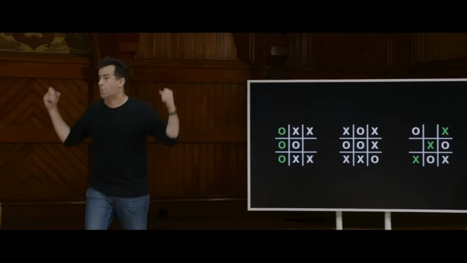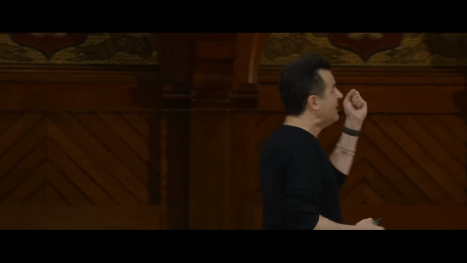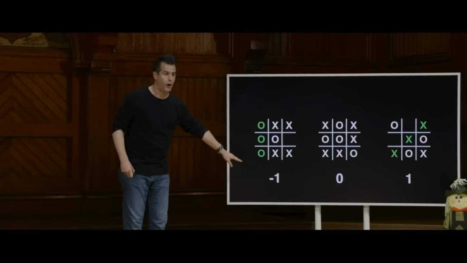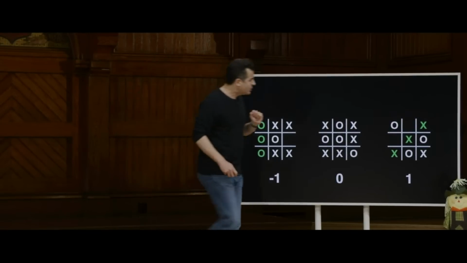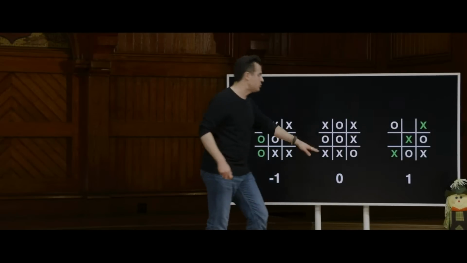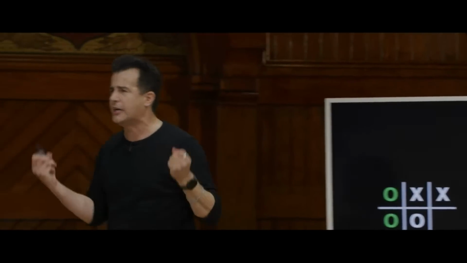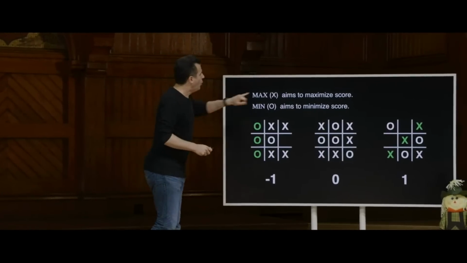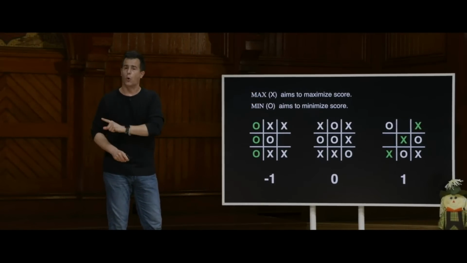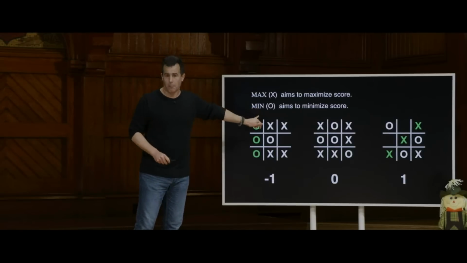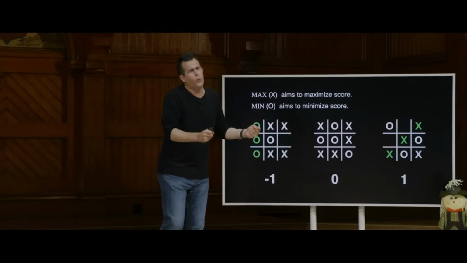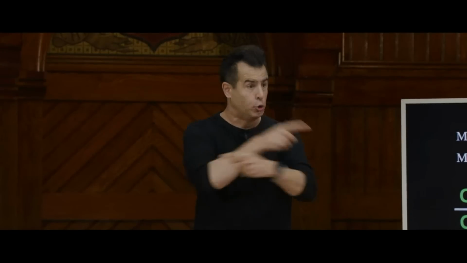But let's make tic-tac-toe even more boring than it might have always struck you as. Let's propose that this kind of configuration should have a score of -1. If O wins, it's a -1. If X wins, it's a +1. And if no one wins, we'll call it a 0. We need some way of talking about and reasoning about which of these outcomes is better than the other, and what's simpler than 0, 1, and -1. So the goal, though, of X, it would seem, is to maximize its score. But the goal of O is to minimize its score. So X is really trying to get +1. O is really trying to get -1. And no one really wants 0, but that's better than losing to the other person.